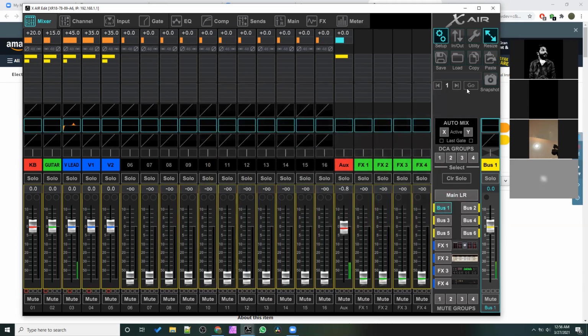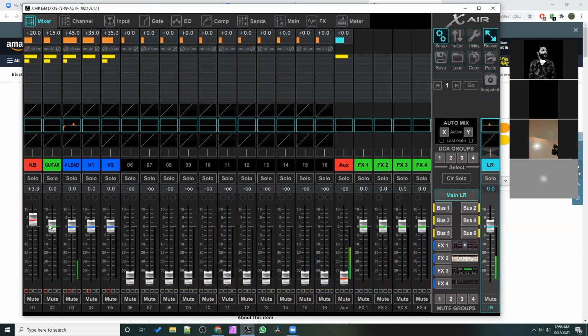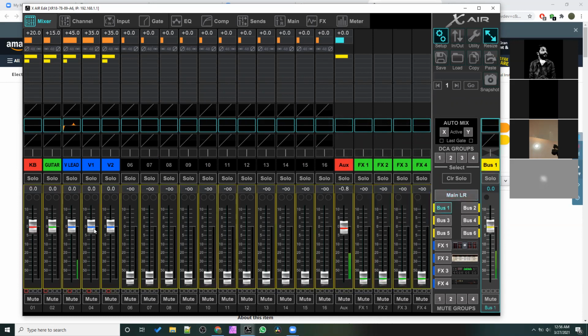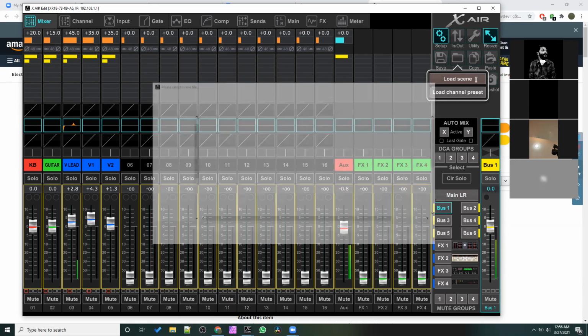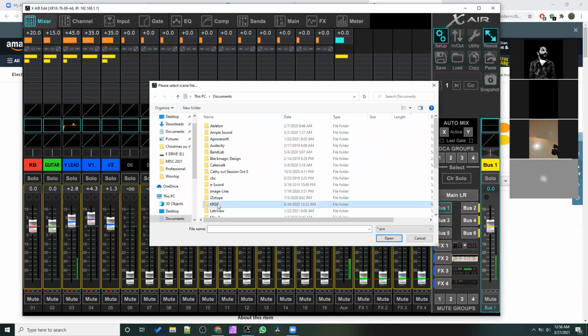I'll save it. Now tomorrow, let's say I saved it. Now I start playing around with it. Let's say I change some levels, and then go to plus one. I change something. Then suddenly I remember something got changed. I want to go back to where I left. I'll go to board scene,